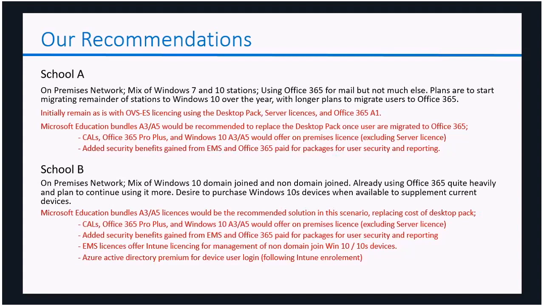If it is that you're further along that line, and you're starting to look even at things like Windows 10S, and you're starting to have a mix of Windows 10 domain joined and non-domain joined. You've still got an on-premise network, but you have a mixture of domain and non-domain joined, and Office 365 is already quite heavily used, then I'd probably look straight away at these education bundles. I know I'm saying they're only available next year, so you're still probably going to have to do it next year, but I'd start looking at them now and working out whether you can move across, because of course your Windows 10 devices will be all